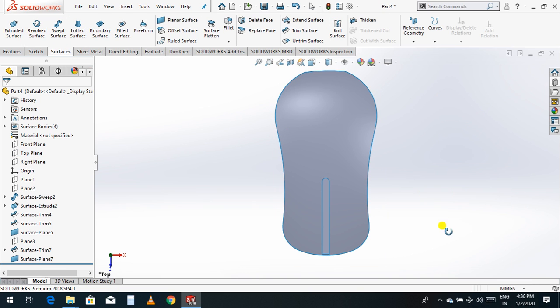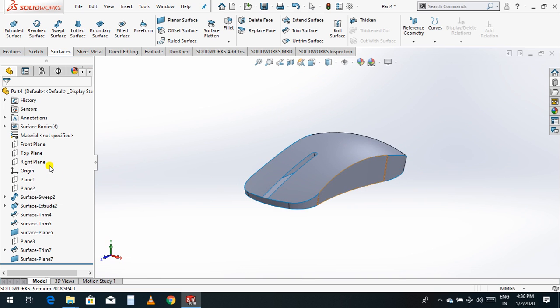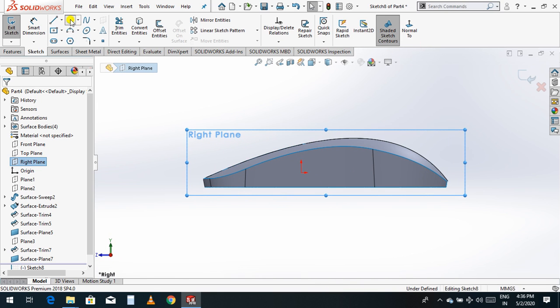Now just rotate. I'll go with the right plane, sketch, normal. Now I'll draw one circle.